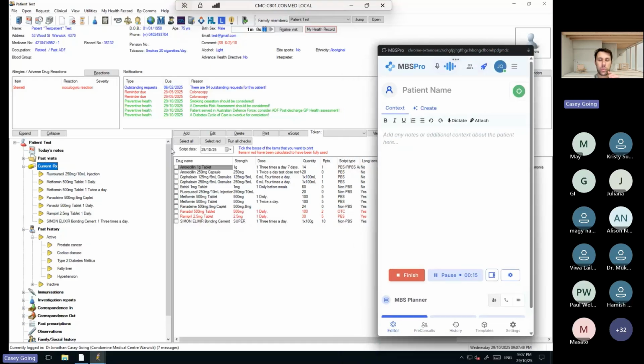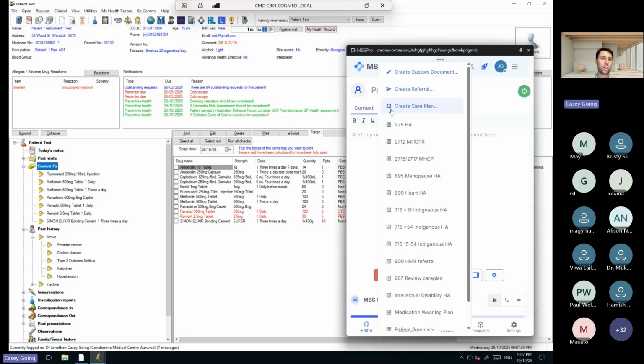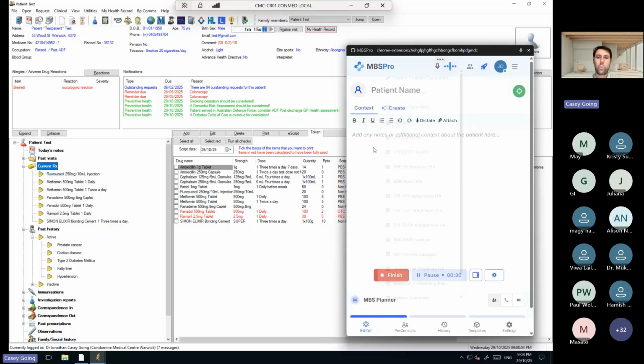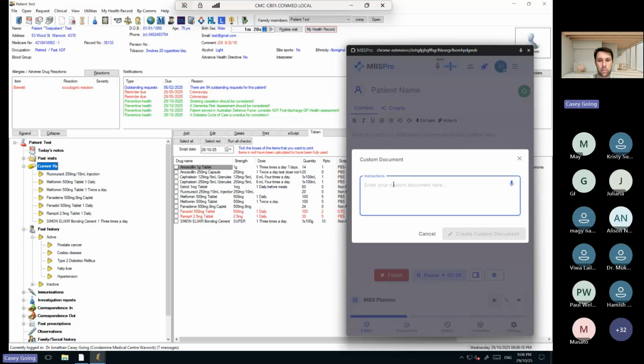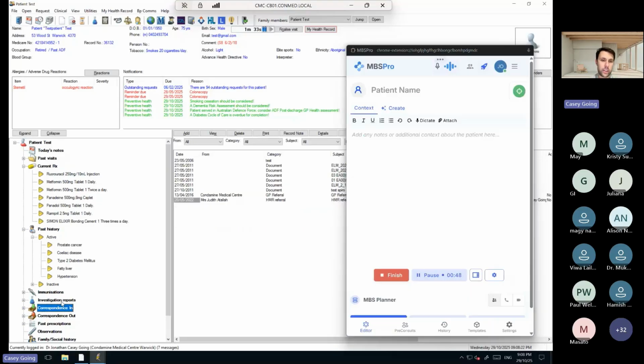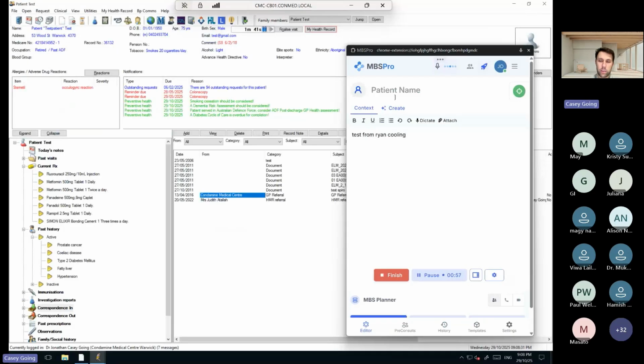Another thing it's great for is, for example, writing a letter for your patient, perhaps in support of disability DSP, or Centrelink or public housing, or to skip jury duty or whatever. When you go to create, which is where the care plans and all the other things live, you can go create custom document. I can write here, write a letter in support of disability support pension, and it takes in everything you put in there. You might have a letter from, say, a psychologist. This was a test, but I can copy and paste that letter into here from the psychologist and the psychiatrist.